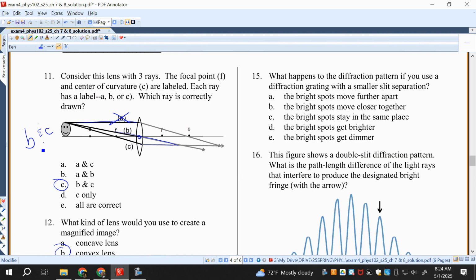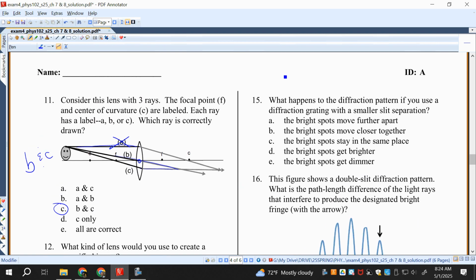What happens to the pattern if you use a diffraction grating with a smaller slit separation? Look at this, d sine theta equals m times lambda. If d goes down, that's what I'm doing, then this quantity has to go up. So theta gets bigger, which means that my pattern,